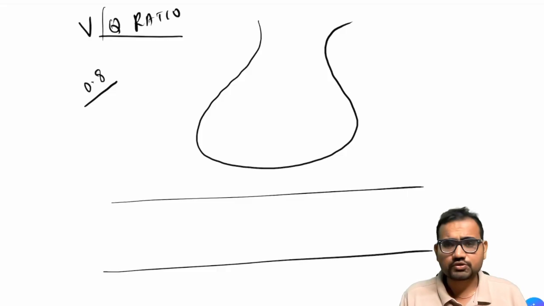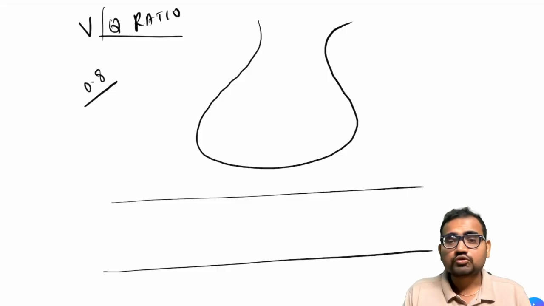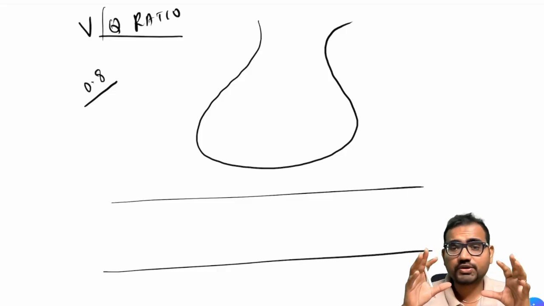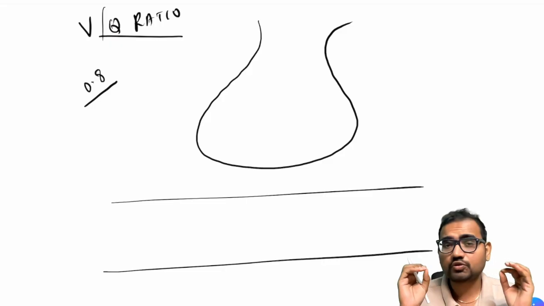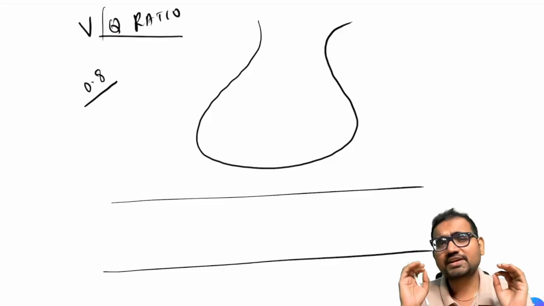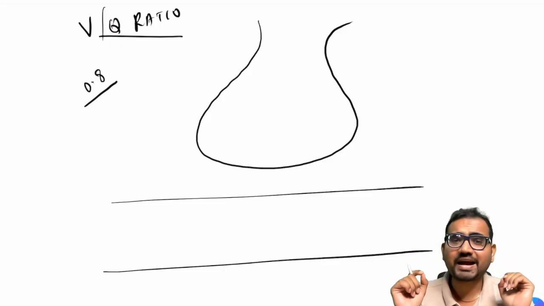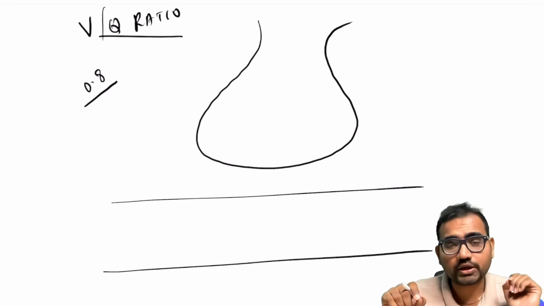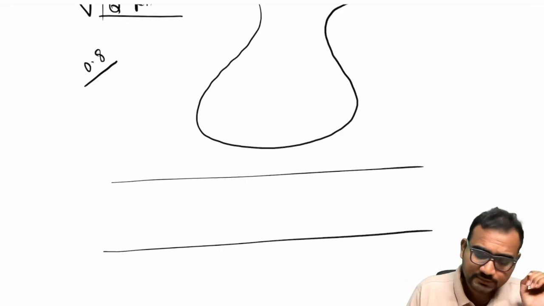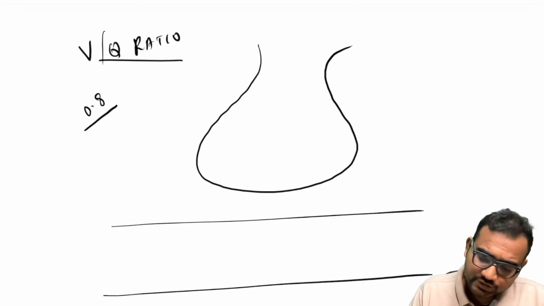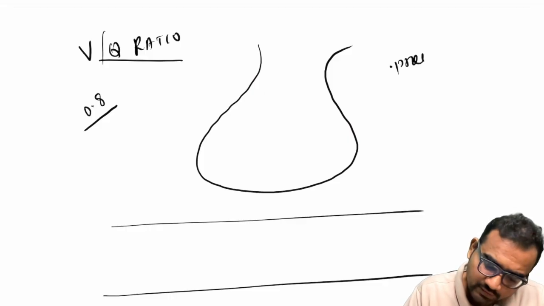It is equal to 1, so it should be almost equal. So what happens in some situations, the ventilation perfusion ratio, there will be mismatch. Say for example, in patients with airway obstruction or pneumonia or atelectasis. Okay, so in patients with pneumonia